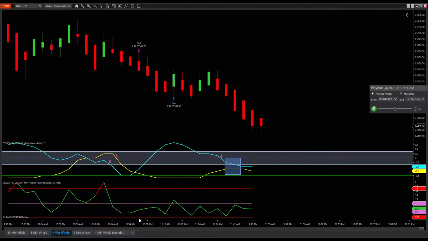What does our rotation here on the 4 look like? Oh, yeah. Look at this. Okay. You still have a little bit more rotation here before you hit the 0 line. And this trade finally concludes. Best move of the day. Yeah, right. It was a tricky one, though. That was a real tricky one.